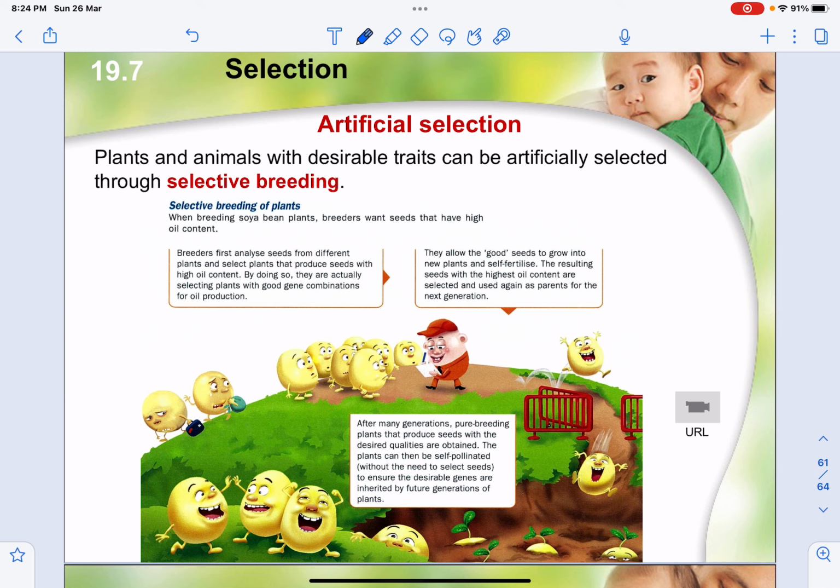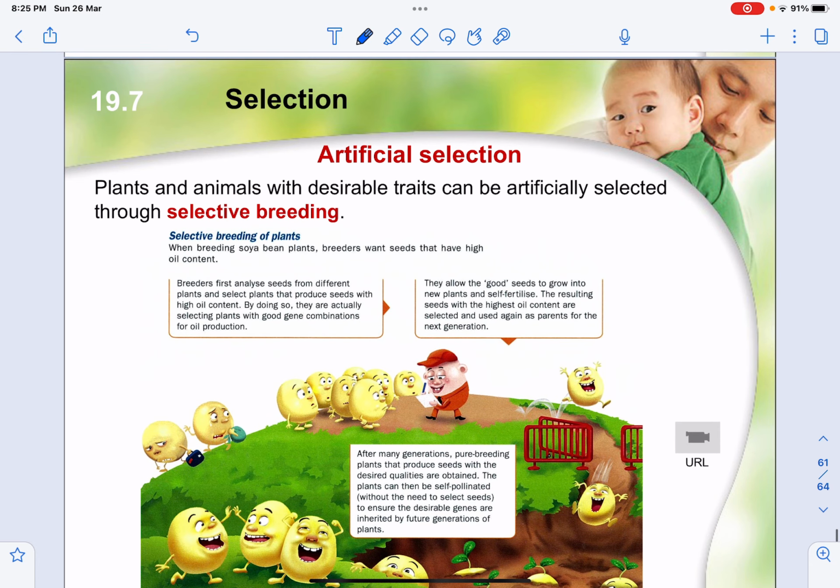Over here we can take a look at an example where plants and animals with desirable traits can be artificially selected through selective breeding. Through selective breeding, the breeders will first analyze the seed from different plants and select plants that produce seeds with high oil content. In doing so, they are actually selecting plants with good gene combinations. So selective breeding is basically where the farmer chooses the characteristics of the plants or even animals that they want, and then forces them to propagate to create even more of similar characteristics as their parents. After many generations, this pure breeding will produce seeds with just the desirable qualities being obtained, and these plants can then be self-pollinated to ensure the desirable genes are being inherited